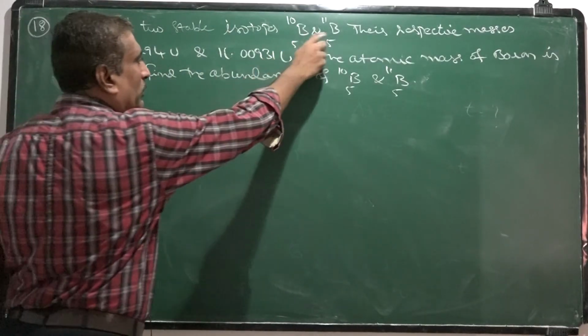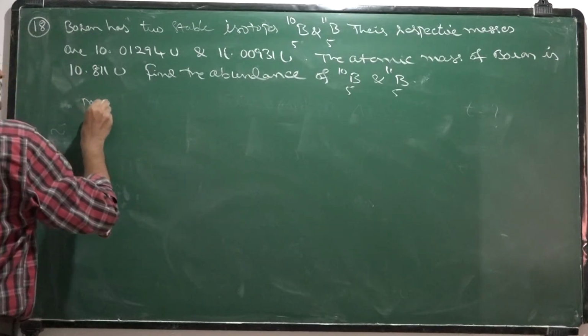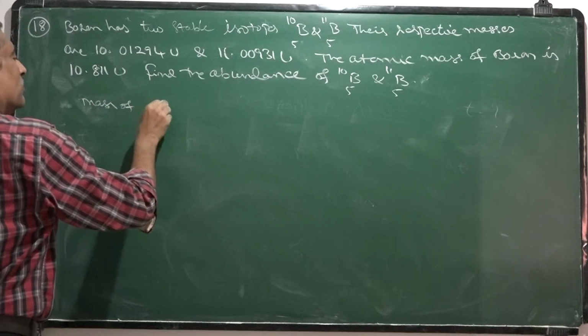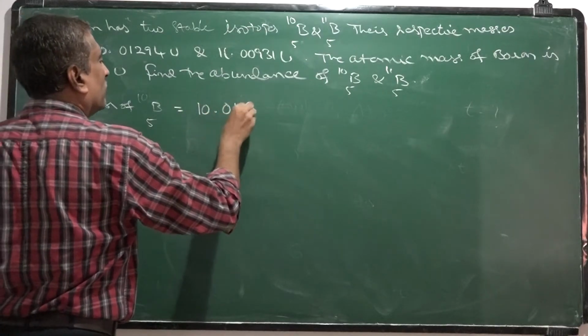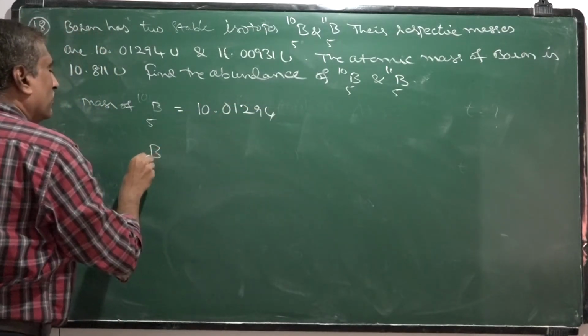So it has only two isotopes, and given mass of boron-10 is 10.01294 and that of boron-11 is